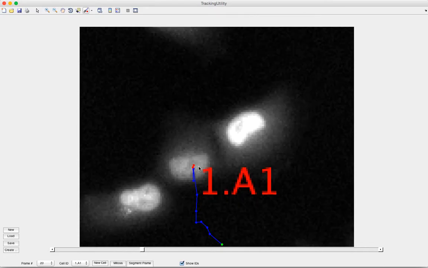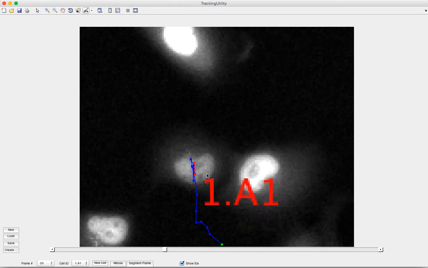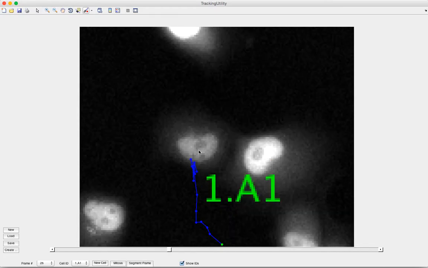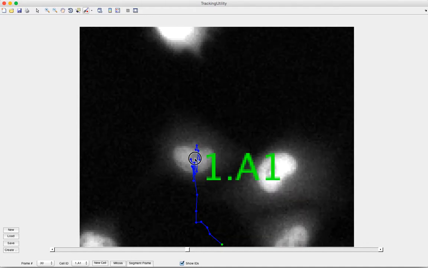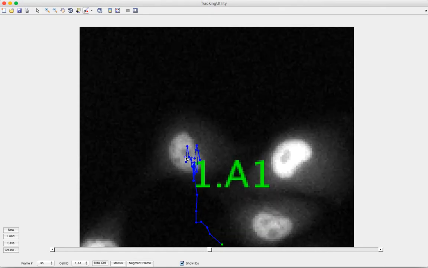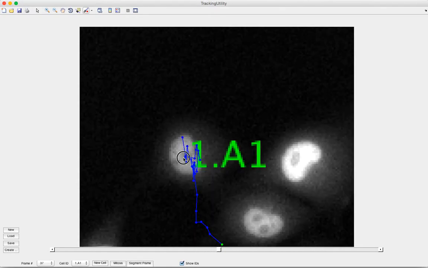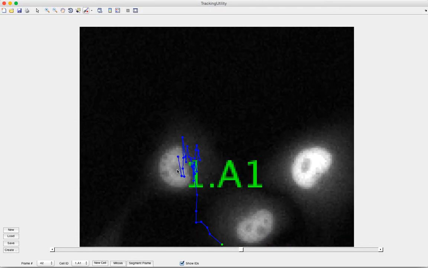So now we have the correct click. This is also a little bit off. It's not in the middle. I can correct it, and also this one right here, and continue tracking. So I can go back in time to any time and fix the tracking. So I just want to continue tracking this cell until the end of the sequence, just in order to show